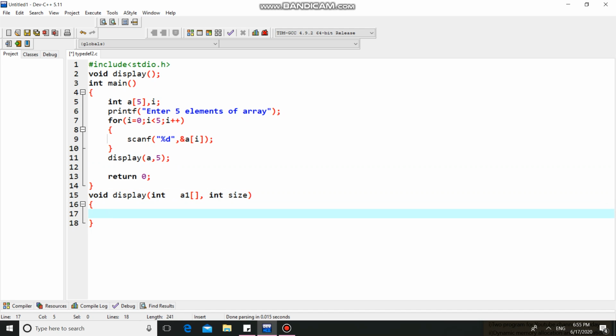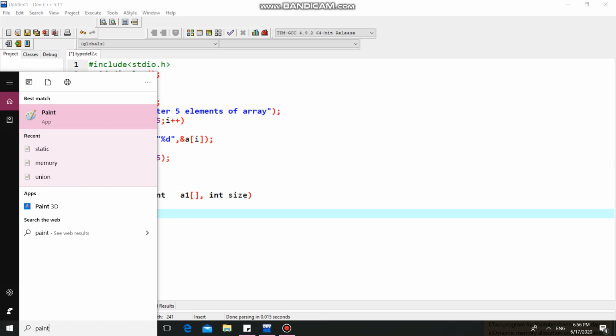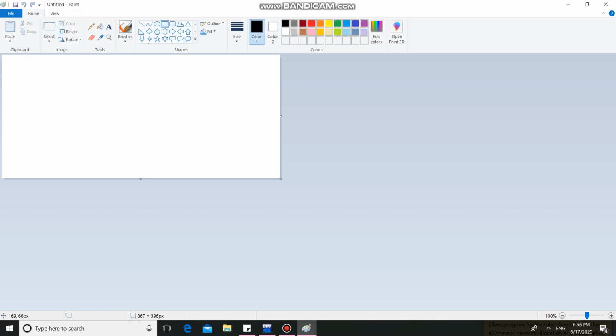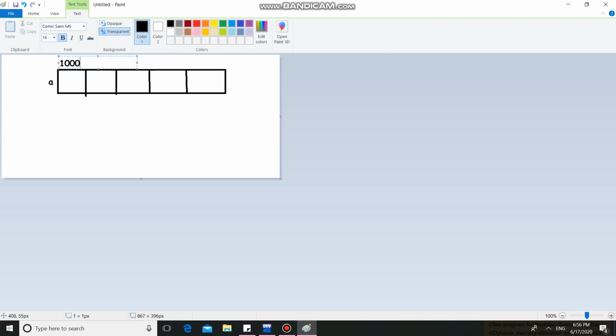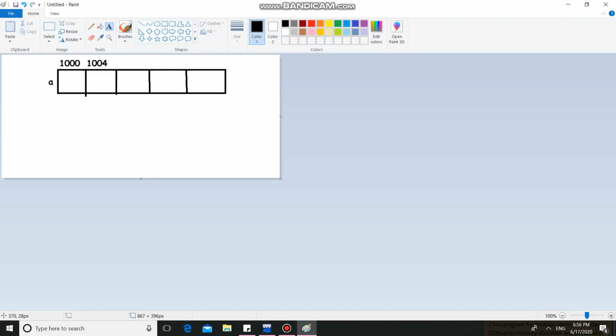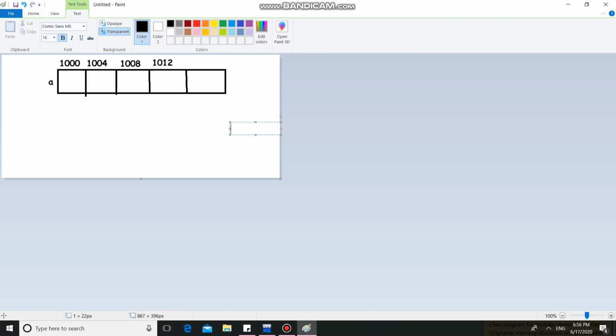See what happens here. I will show you that. Your original array is the a array. Consider this is your a array, and this is the base address, 1000. The second address is 1004, then 1008, then 1012, and then 1016.